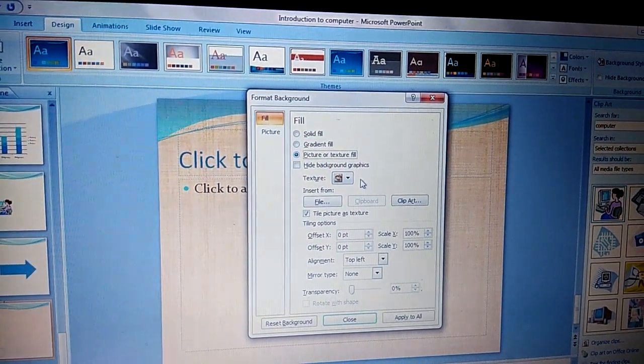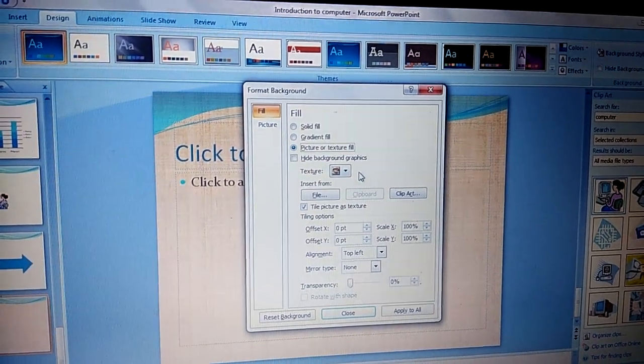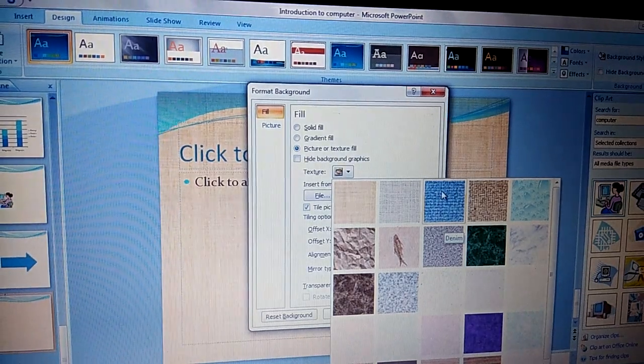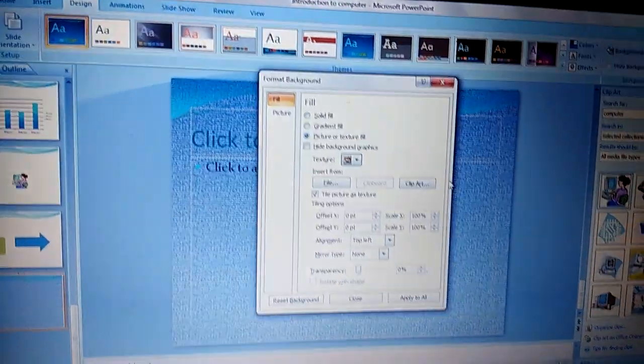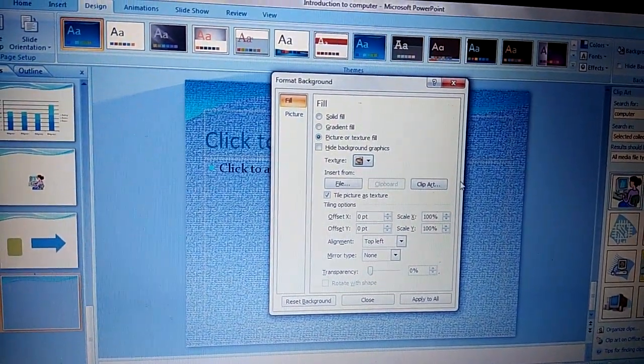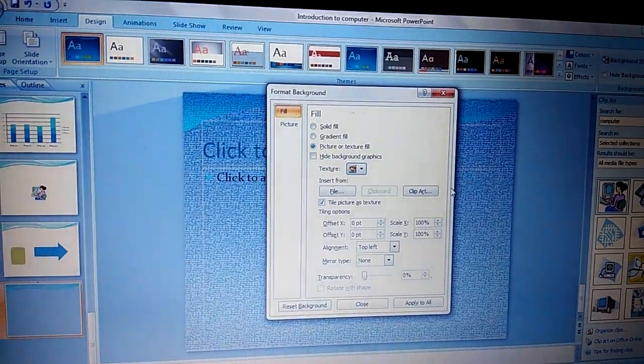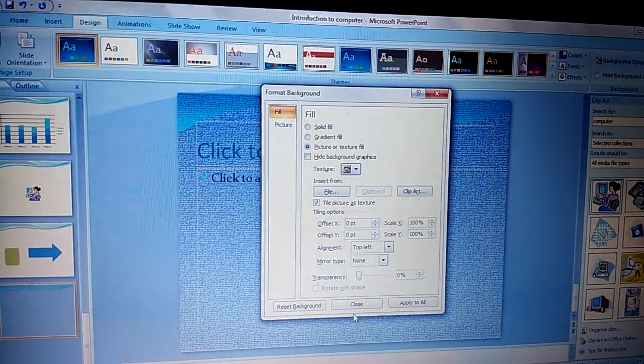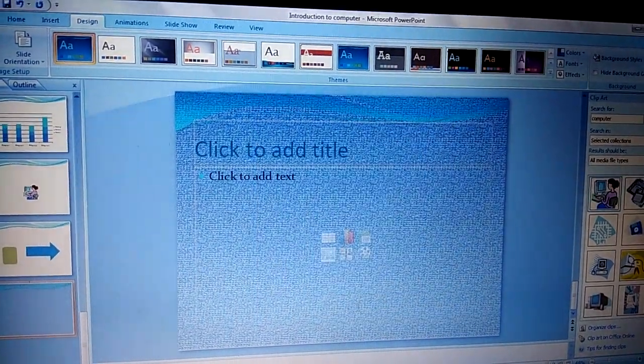After that, click on the texture button to open a list of textures. You can select any one. Let us suppose I want this one, then click on it. Then after that, click on the close button to apply texture fill on the current slide. Click on the close button. Close.